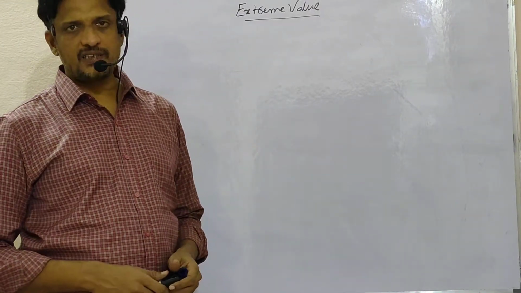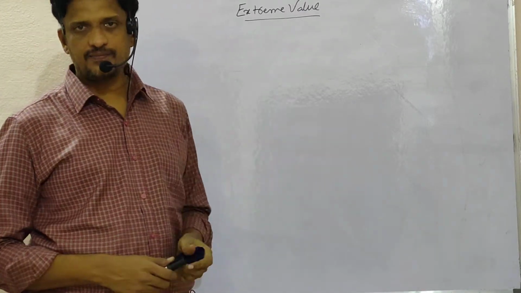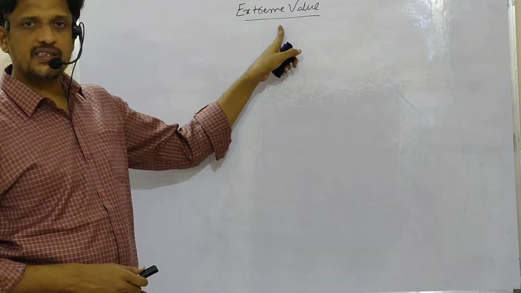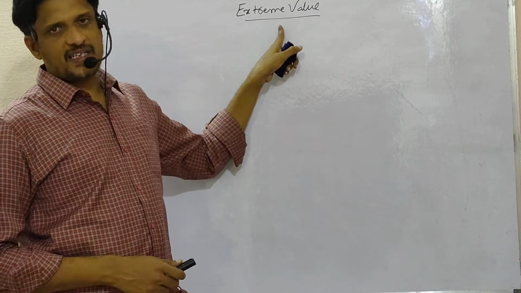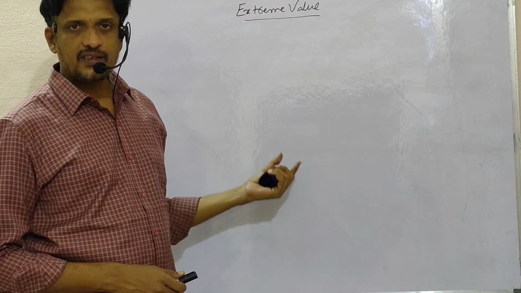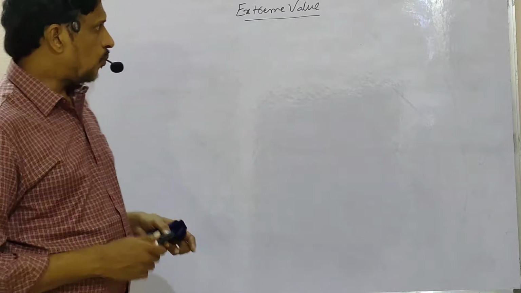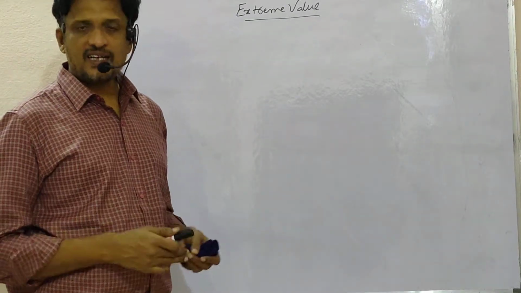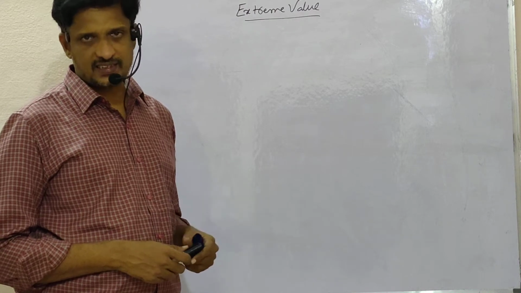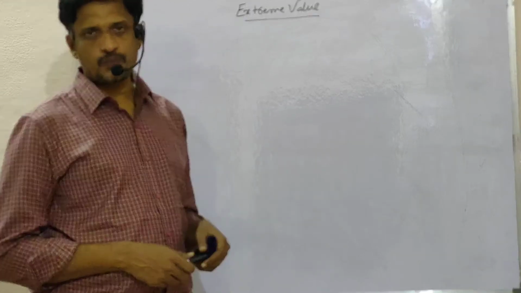Today's topic is the extreme value of a quadratic expression. Extreme value means it may be either a minimum or a maximum. So now we are going to define the extreme value of a quadratic expression. What is its extreme value, and whether that extreme value is a maximum or a minimum, is what we have to discuss here. And then with the help of two examples we will find the extreme values also.